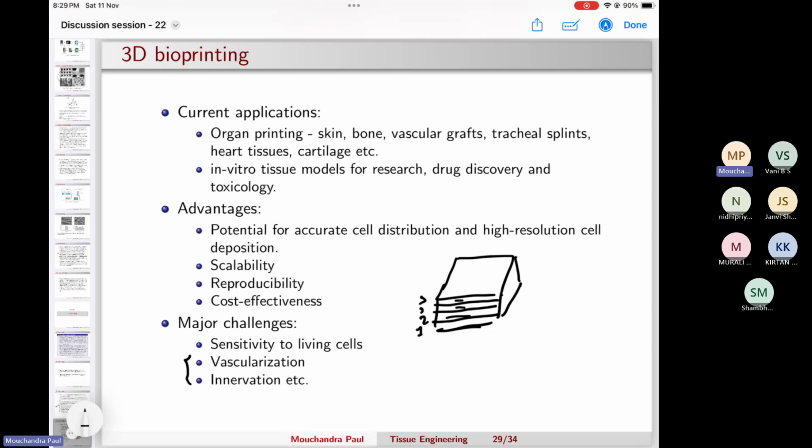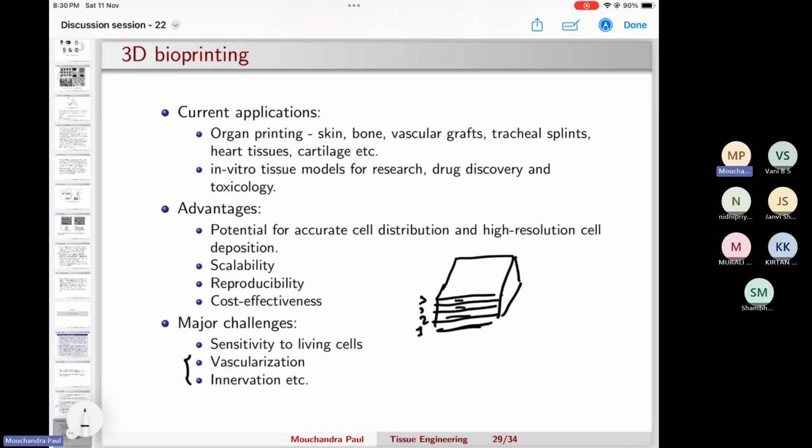And what will these kind of vascularized structures do? They will allow better integration with the host body. It means the blood vessel-like structure from the tissue will stitch up very nicely with the blood vessels of the host. And innervation, you know what is innervation? It means growing of